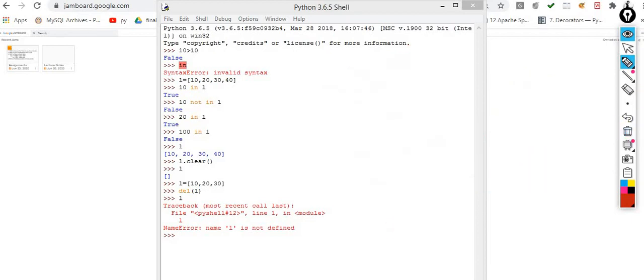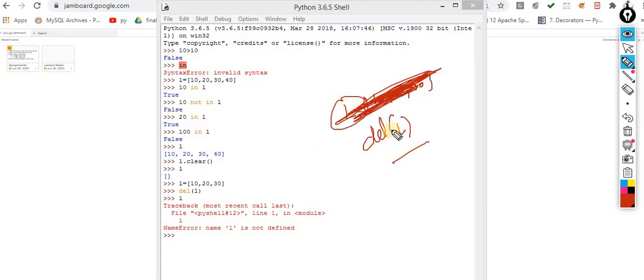So same thing over here with delete. If you use del, then what is the meaning of this? I want to remove the existence of this. I want to remove the memory of this. So for the same, del is there. So this is the difference between clear and del. Clear means remove the items, but the existence would remain the same. Del means to remove the existence.